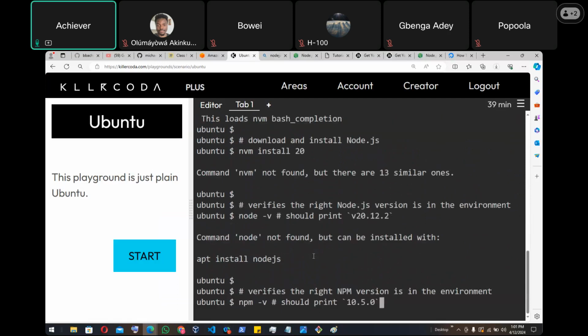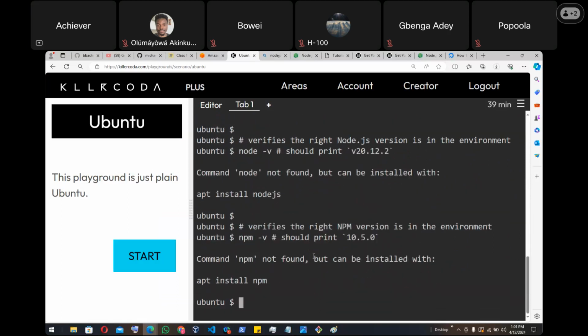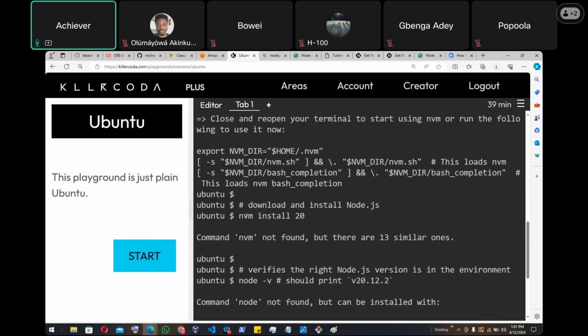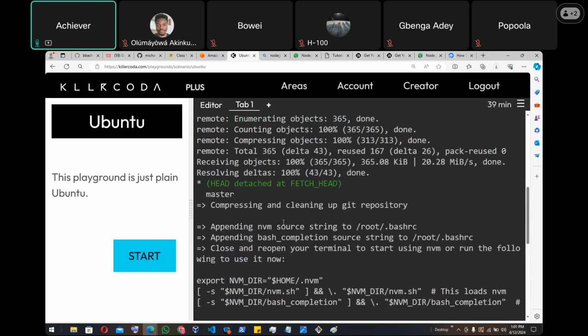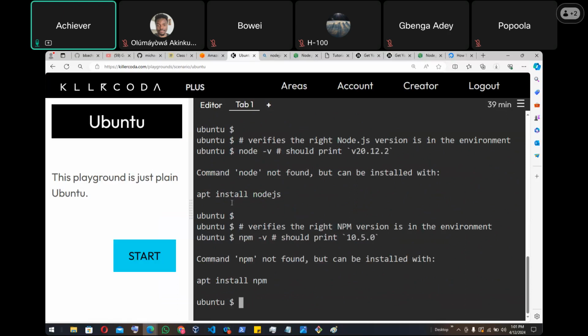Right, so let's see. Node not found. Let's see. NVM not found. Okay, let's see. Okay, so now we've done that. Let's say apt install nodejs -y. Okay, so if I hit enter,